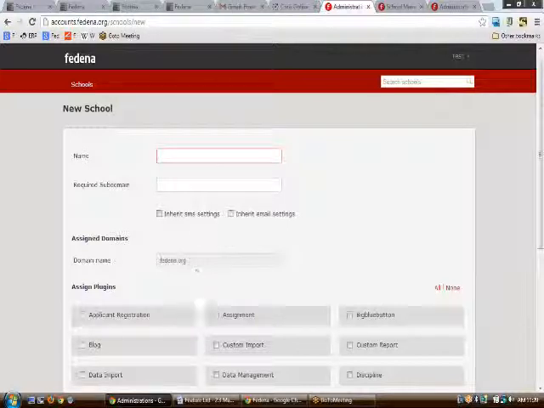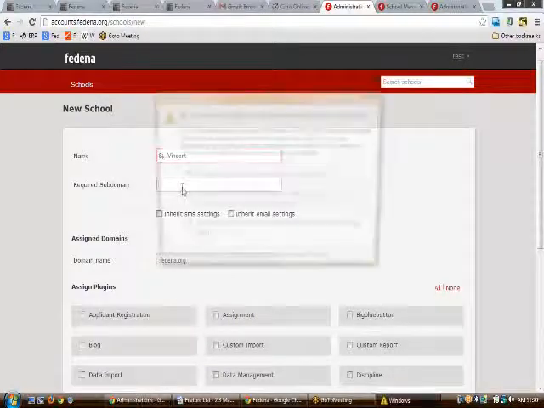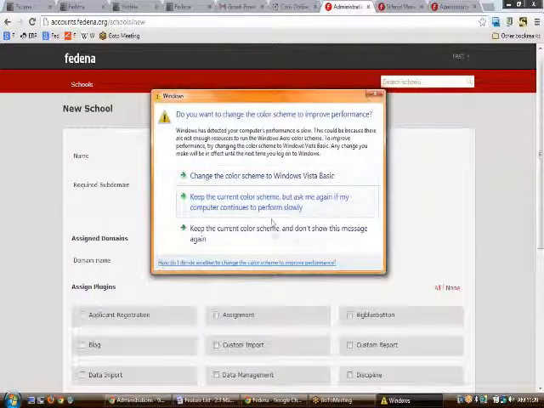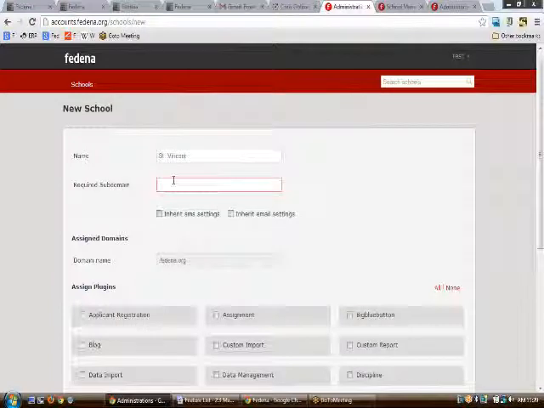This would be coming in by default. So as I said, Saint Vincent is the name of the school, and the required subdomain was SV, so by default sv.fedina.org would be showing up.